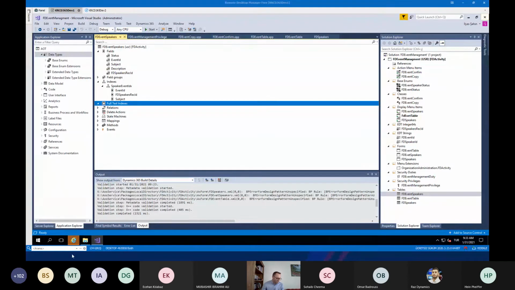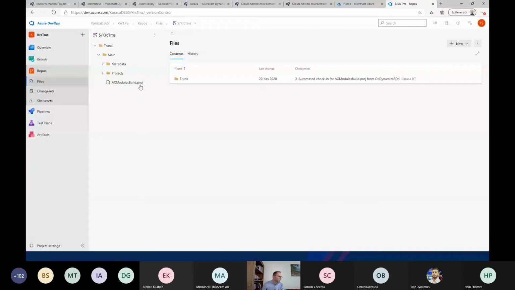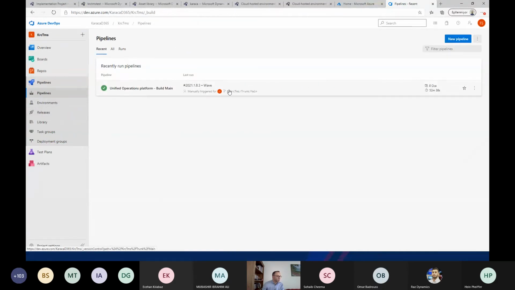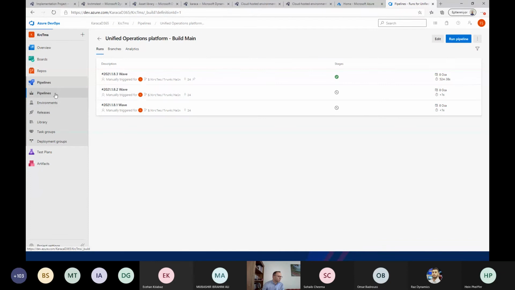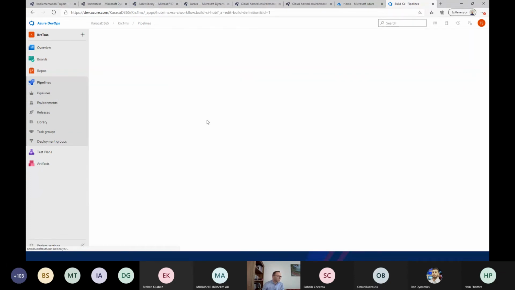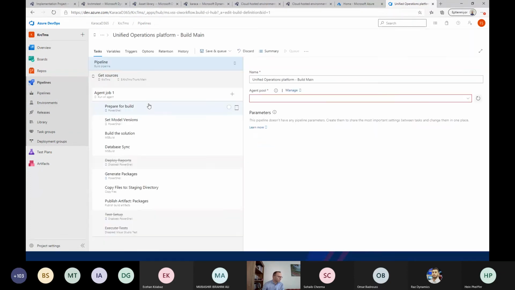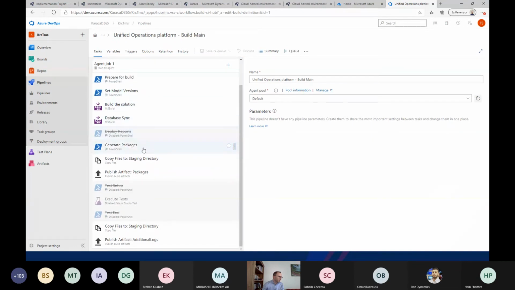let me show you. If you want to use these steps, you need to have build VMs. This is my build pipeline. In this build pipeline, sorry, let me edit this one. We have lots of steps. For example, in this, I disable tests and execute test and deploy reports because I am not using any report here. But also, if you want to disable DB sync from here, you can use